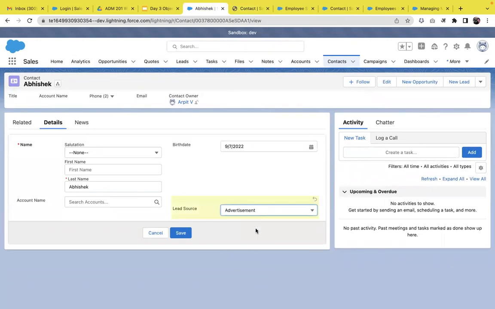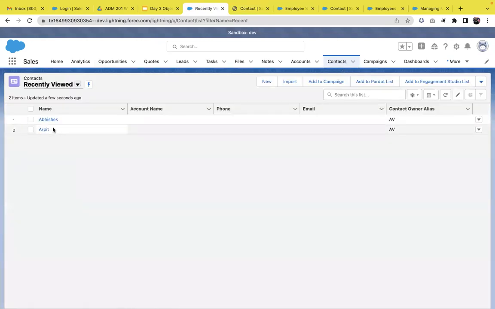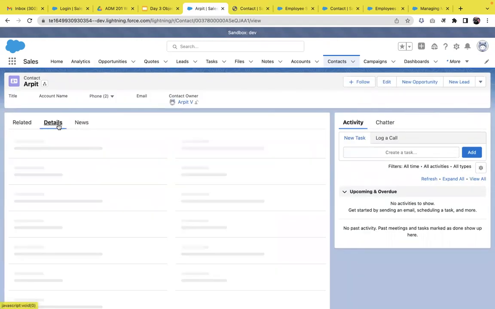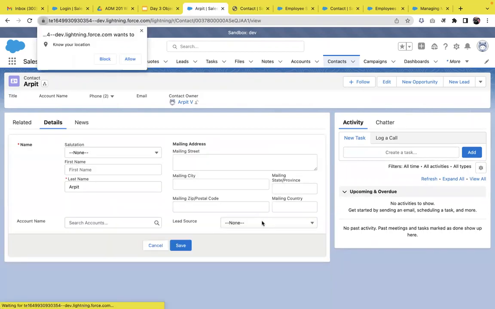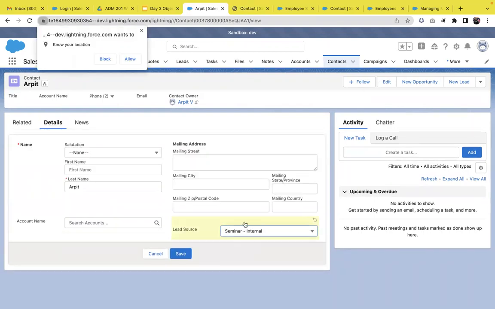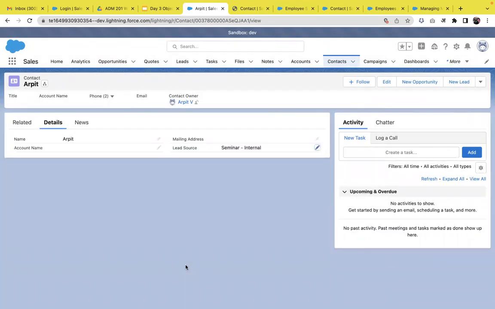We could see two values are here. Now let's look into the teacher. Click on the detail button, lead source. The different two values are here. So that's how we can control the drop down values of a pick list field using the record type. Now coming back to the slides,